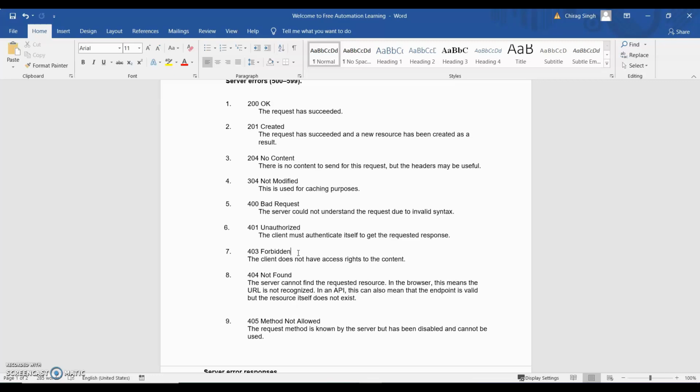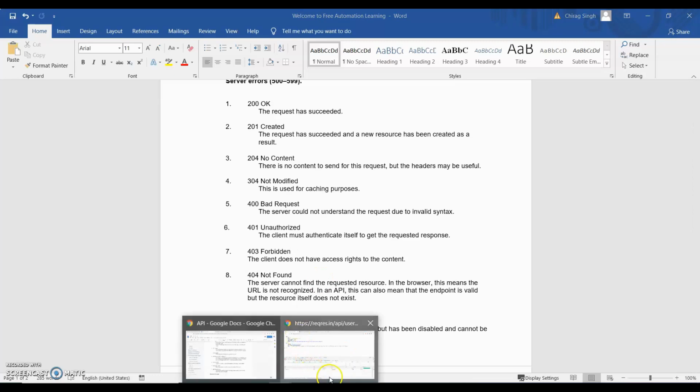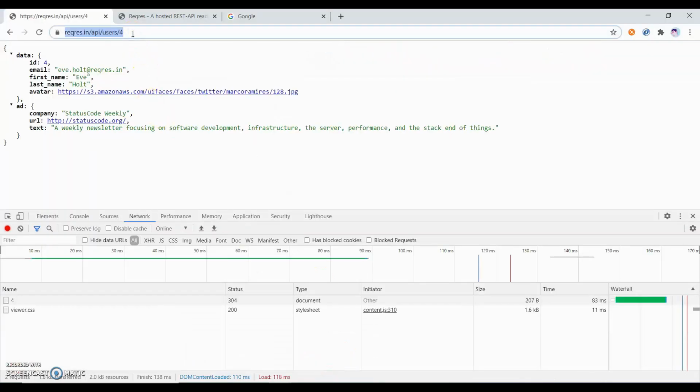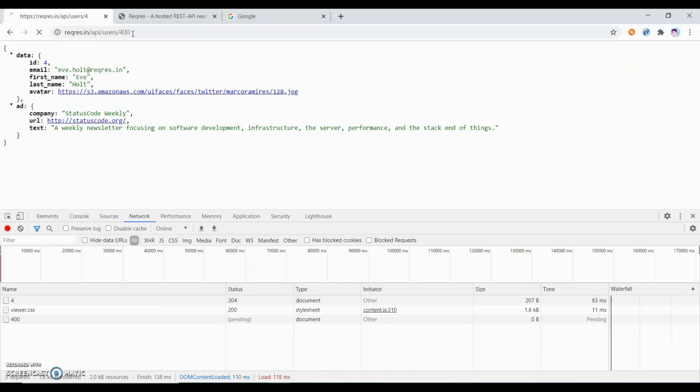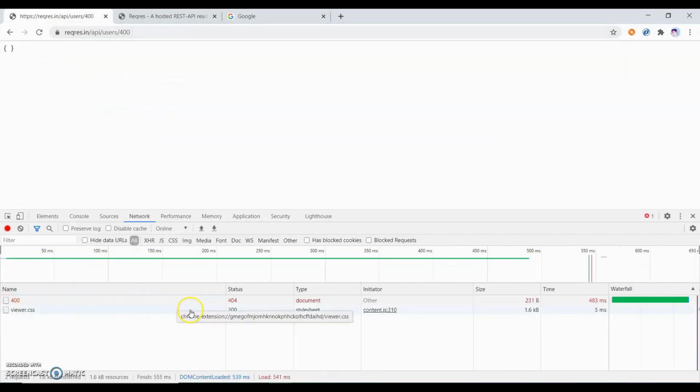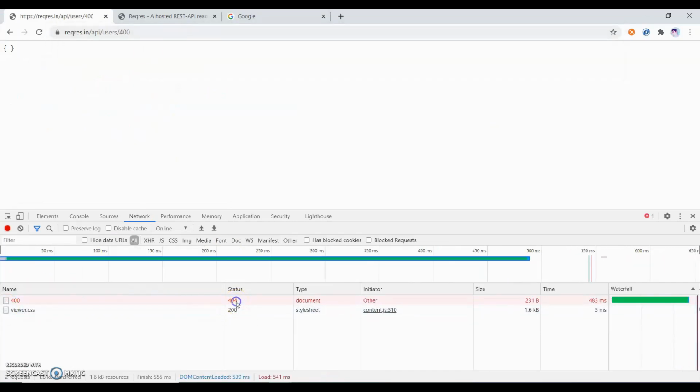Next is 404 not found. It means the user cannot find the requested resource in the browser. This means the URL is not recognized in an API. This can also mean that the endpoint is valid but the resource itself is not accessible, right? In this case, if I request any resource which is not accessible, you can see the 404 error come, right?